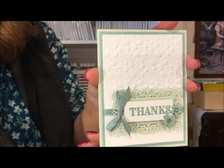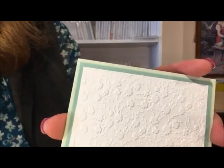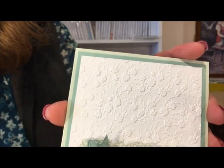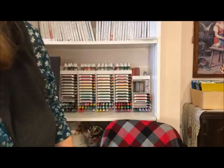Again, it's just beautiful. And on this one, she used the embossing folder. I'll see if I can hold it up here so you can just see how gorgeous that embossing folder is. Absolutely stunning. So fun. All right, so those are the beautiful, beautiful cards that can be made with this product suite. Now I'm going to flip the camera down and show you the rest of the product suite in person